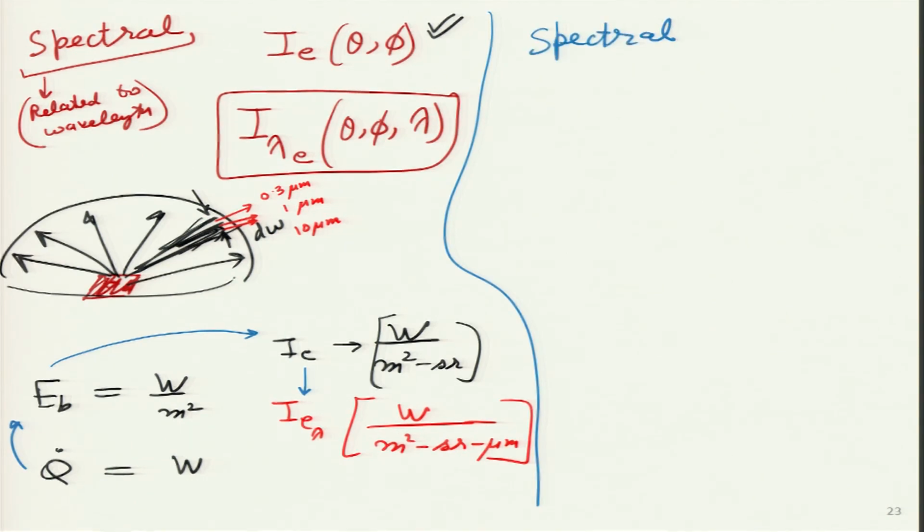Now, I am making I e as I e lambda. So, spectral intensity. First let me write over here I e, or the way the books usually write it, like this, I lambda e, and it is a function of lambda, theta and phi. And what we will get on the right hand side, that we have to figure out, and this term is known as the spectral intensity